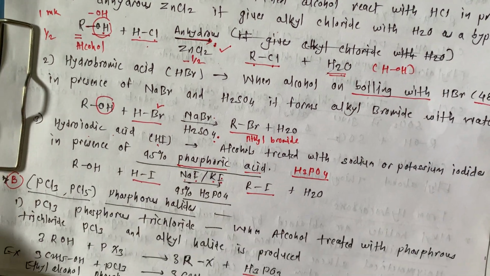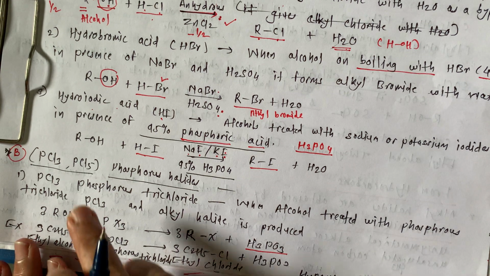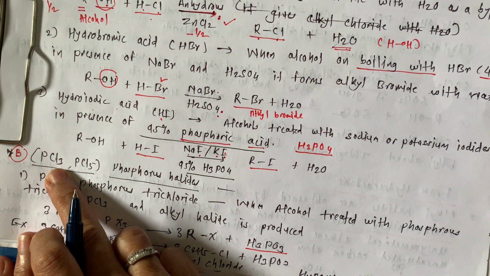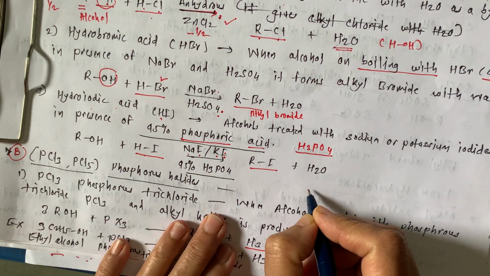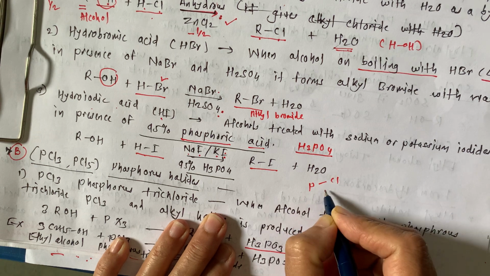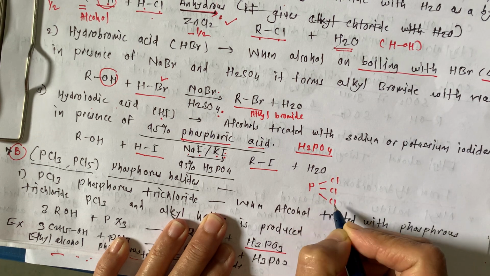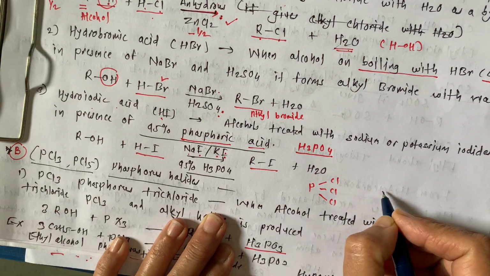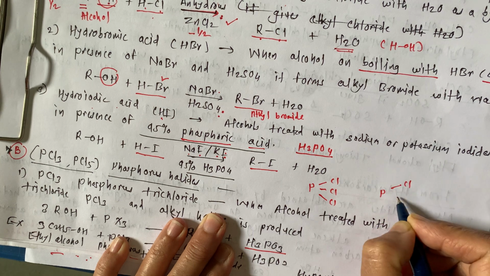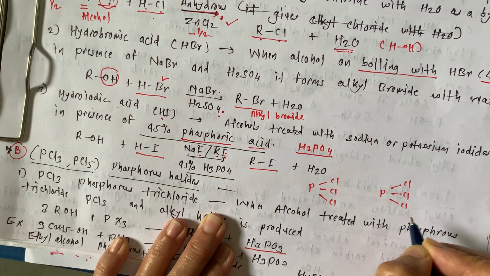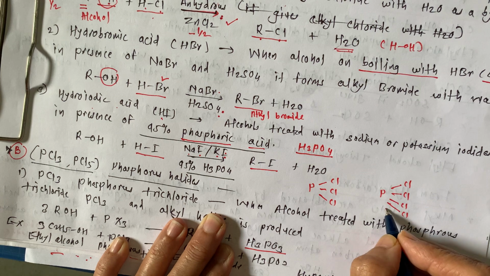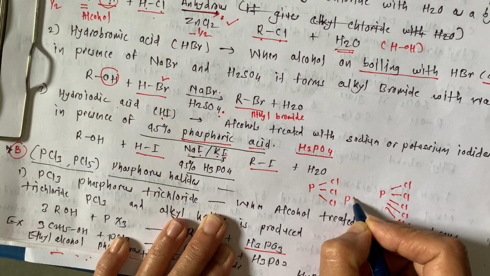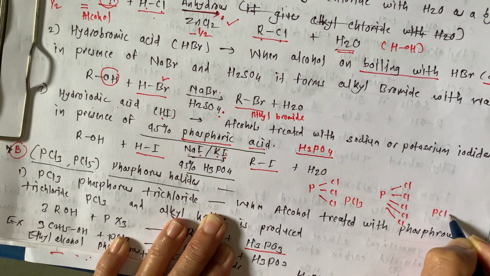Okay, now next, this is again very important, the reaction of alcohol with phosphorus trichloride. Phosphorus trichloride means what? With the phosphorus there are 3 chlorines. Depending upon the phosphorus valency, we can get phosphorus trichloride or we can have phosphorus pentachloride also. Valency of phosphorus is 3 or valency of phosphorus is 5. So 1, 2, 3, 4, 5. Phosphorus trichloride and this is phosphorus pentachloride.